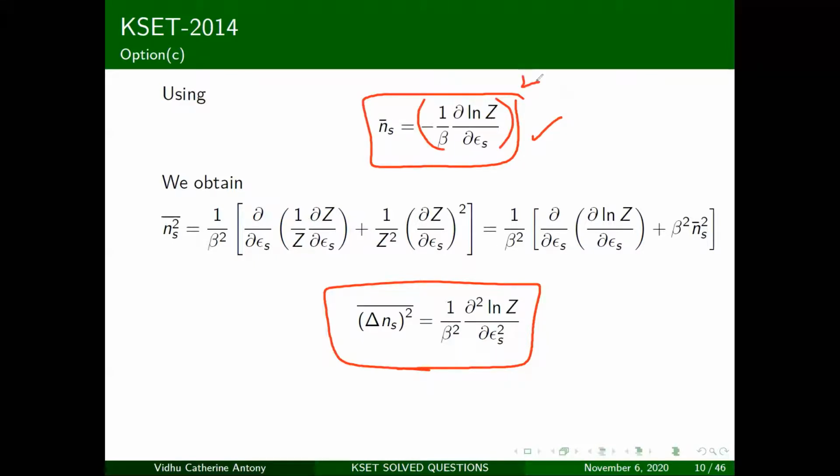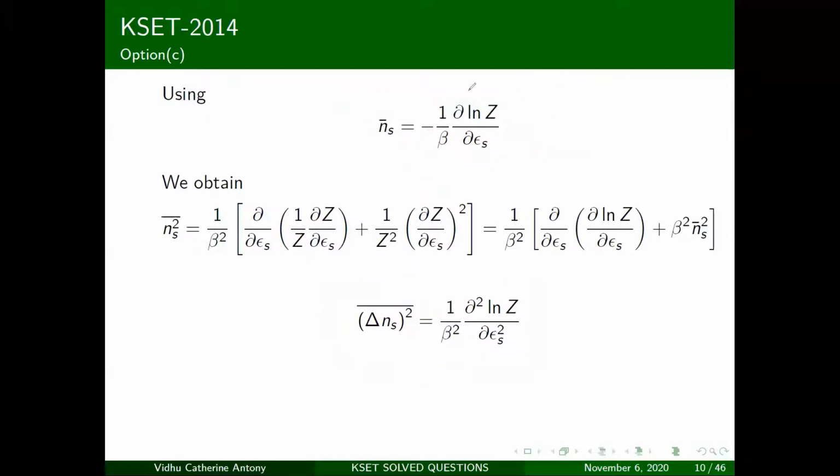So don't look at it that way, but look at it in a very pictographic way: if you find this, you can say that this is the square of this, except that you have to put it on top of the dou and all that. Okay, so now what you have got is the dispersion, or what can you call it? You can call it fluctuation. That's what you've got here. So you've got the dispersion or fluctuation.